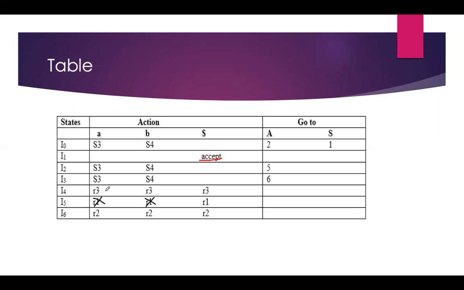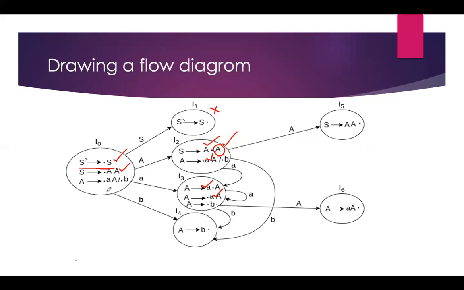Now we will see how to fill the reduce statement. Reduce rules. How can we fill it? See here, for filling the reduce, we need to check the end of the production rule. That means if after the dot nothing is there, we need to check those all states. Here we already filled this I1. Now after dot nothing is there.